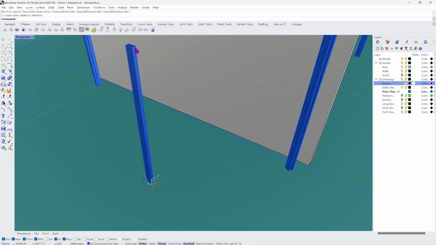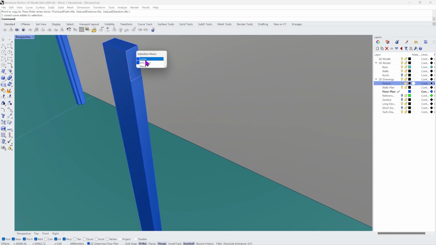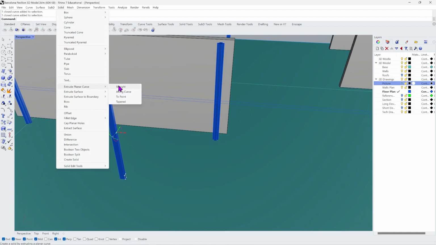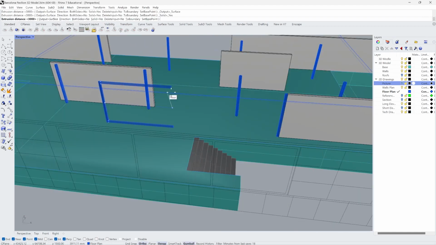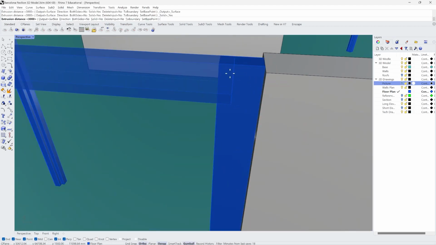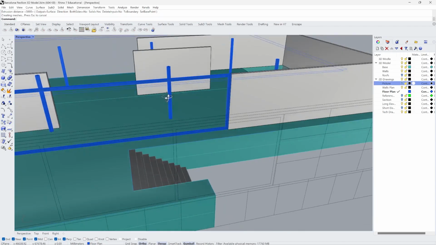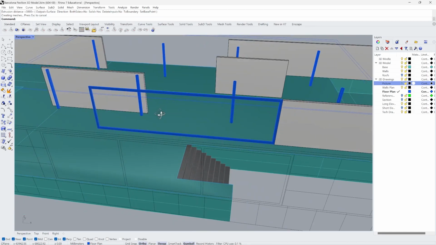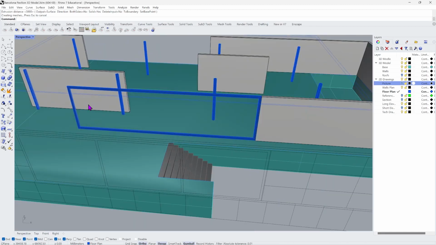Click and hold Shift, select them at the same time, and now go Solid, Extrude Curve, Straight, and now you can extrude them up to the end of the frame. Start to have one big frame appearing for your windows. And now we need to divide them into three